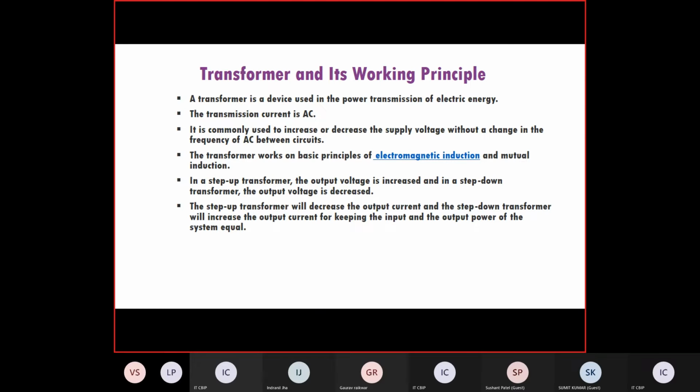So I'm here to discuss transformers, and that too basic transformers. We will discuss very basic things, okay? And if you have some practical or related queries, then you can definitely ask. All right. So a transformer is a device,